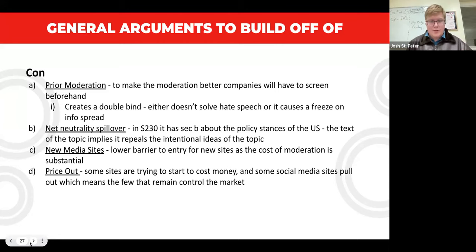So that's where most of your topic research is going to be. You're going to be focusing on the smaller links and the more unique nuances of the small arguments, instead of trying to prep out a million different contentions, because there's not going to be a lot of contentions you're going against. However, there's going to be a few contentions with a lot of different and unique links or internal links.